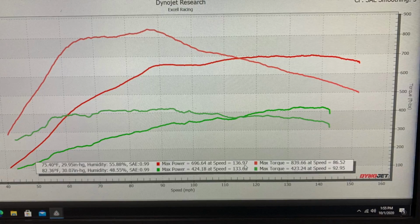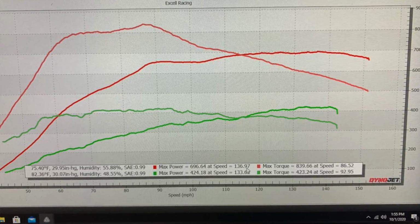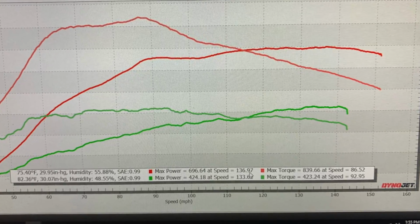This is Pat's car. It's pretty funny. He actually calls the car the POORUS, meaning like poor Urus. Nevertheless, he took his car to Excel Racing, modified it. He's got full exhaust downpipes by Excel and a custom Excel tune. He picked up, I got the dyno graph here, it went up from 424 wheel horsepower to 696 horsepower to the wheels